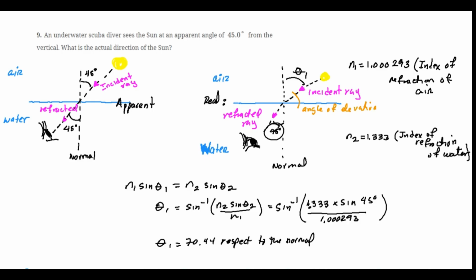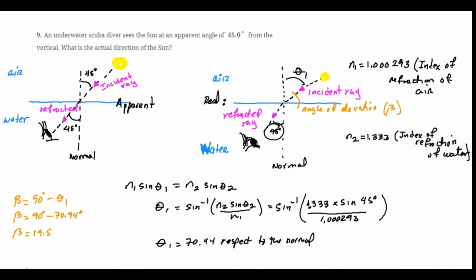And if you want, I can call that angle of elevation. Let us use another letter, and call it angle of elevation beta. So I know that this angle of elevation beta would be 90 degrees minus theta 1. We said that is 70.44 degrees. So beta, my angle of elevation, would be